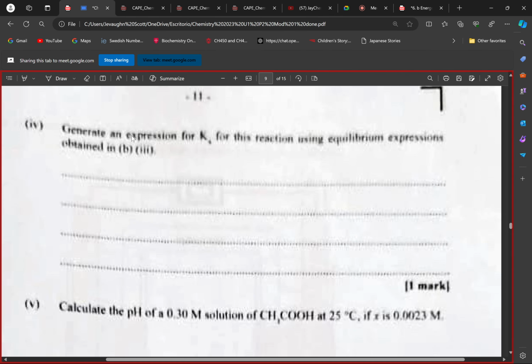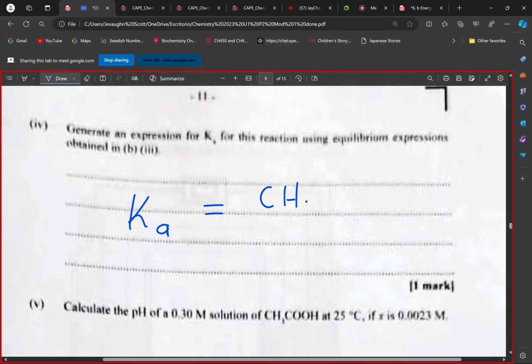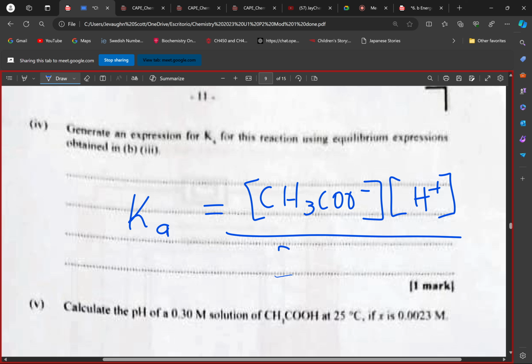Okay, so generate the expression Ka for the reaction. The equilibrium expression obtained up there, right? So basically what we're going to be doing is writing the Ka expression. The Ka expression for what we looked at up there would just be our CH3COO minus, and our H plus, divided by the concentration of our CH3